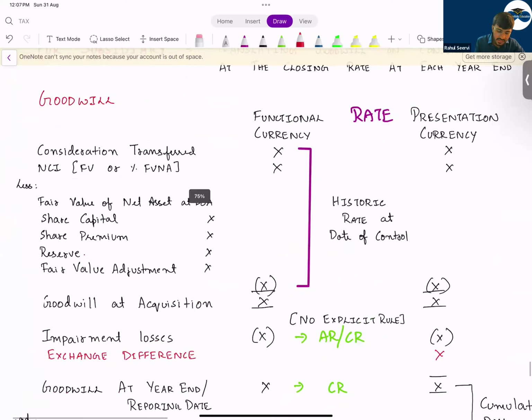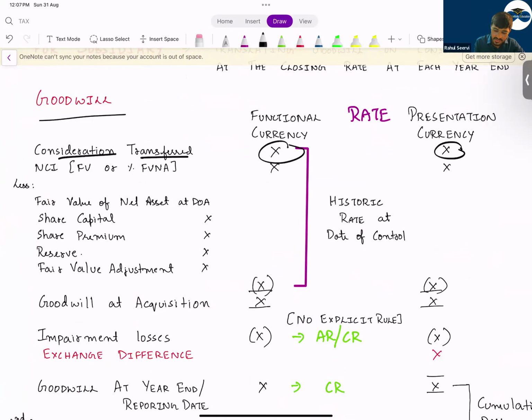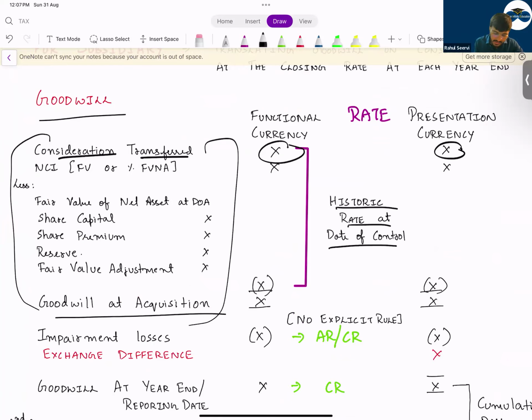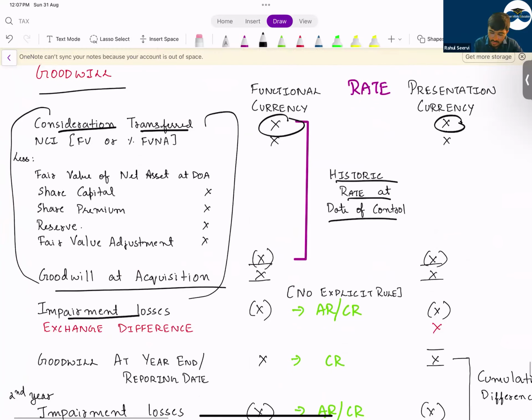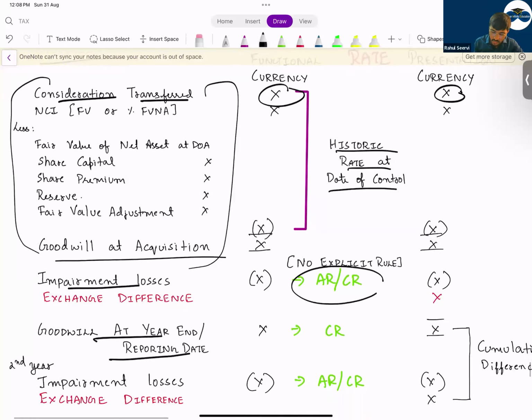Goodwill, sir. Consideration transferred, presentation currency. That is the historic rate at the date control is obtained. Everything you will calculate, normal goodwill you will calculate. This is your goodwill at acquisition. Then you have impairment loss. The impairment loss will be converted at what, sir? It will be converted at an average rate. Then your goodwill at the closing rate, you will apply the closing rate, and whatever the difference will be your